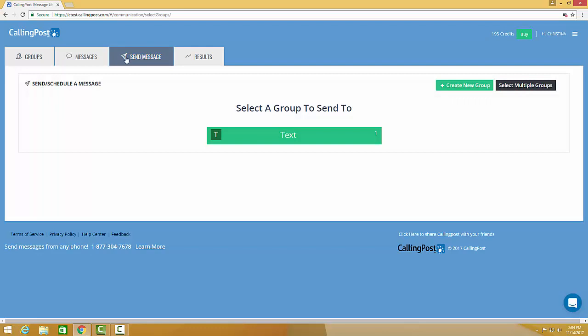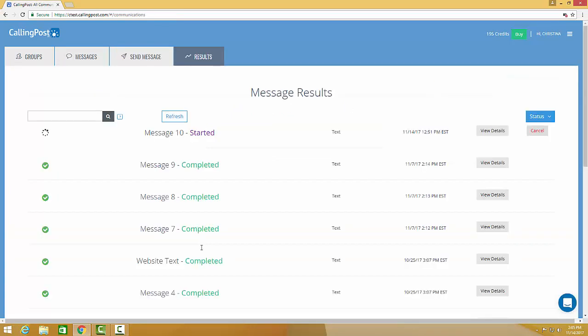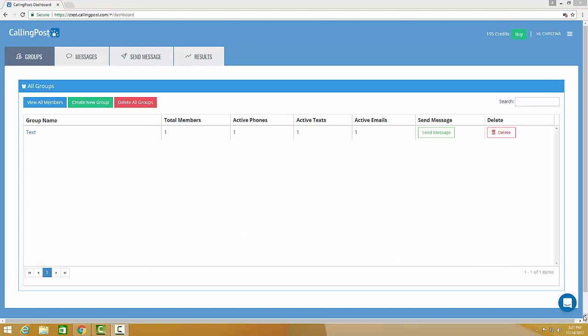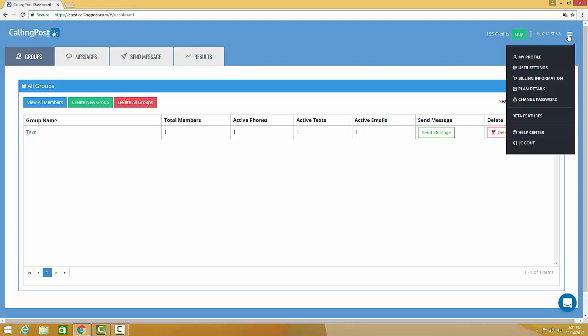The Send Message tab will allow you to send and schedule a message, and the Results tab will allow you to see the most recent messages that have been sent. Finally, we do want to discuss some of the profile options that you have inside of your account. So if you click at the top menu on the right-hand side, right beside your name,